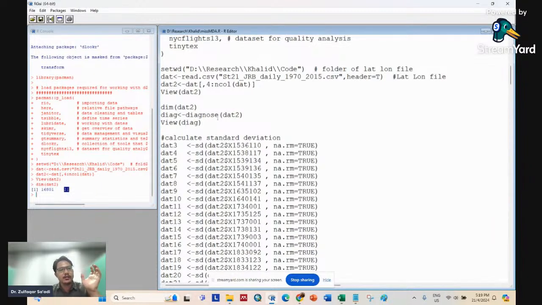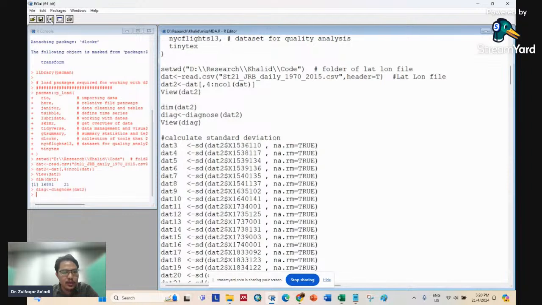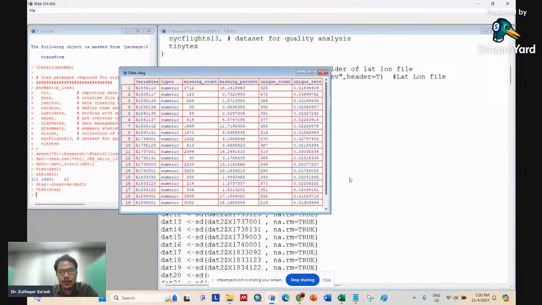This is the first statistic that you can calculate for missing data. First, you can calculate diagnostic. Here you can use this function, diagnose, and then read our 21 stations just now. So this is diagnose. So we can view the result. You can see you have a lot